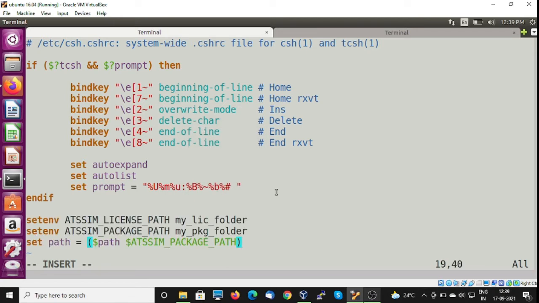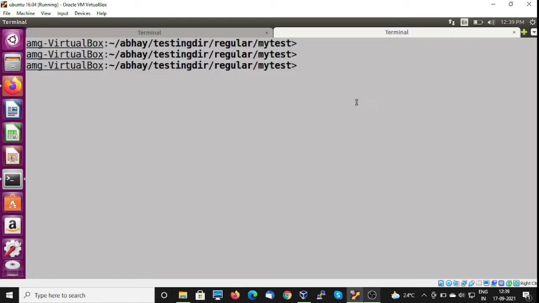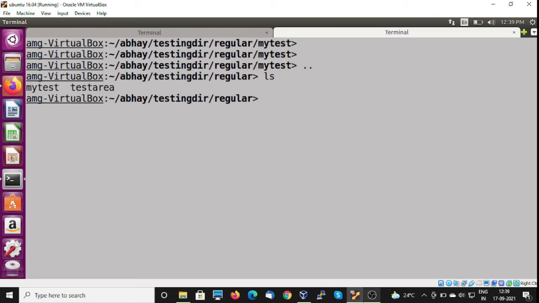So we are putting, let me give here the path of my license folder. So we can create one license folder here. Let me name it my LIC-dir.